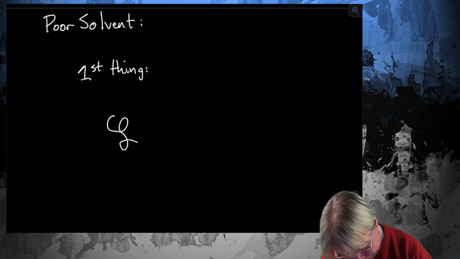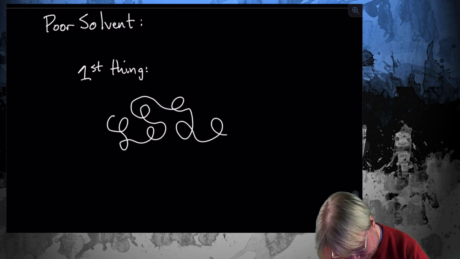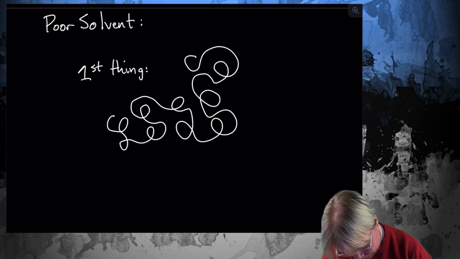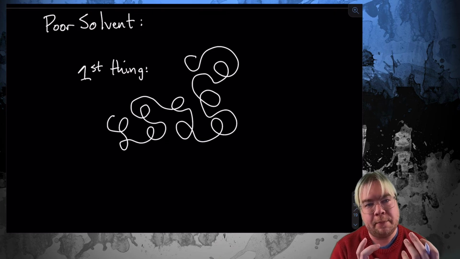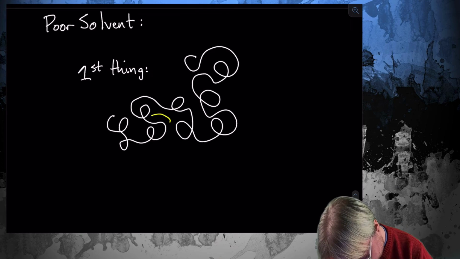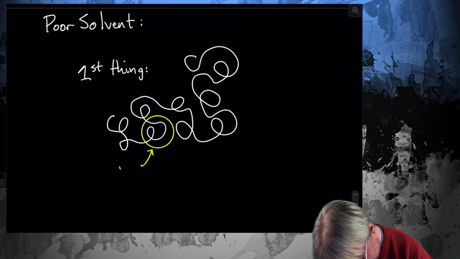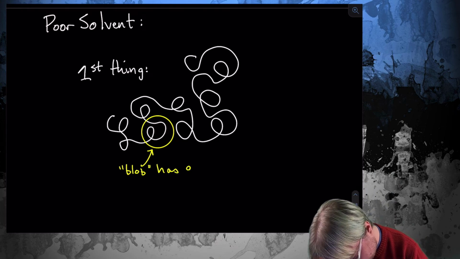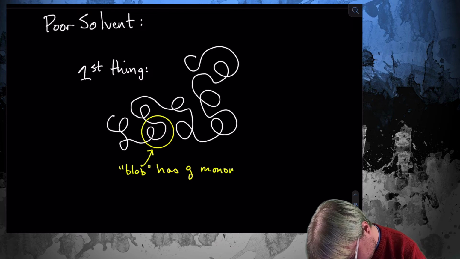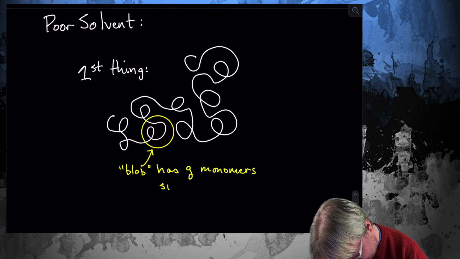So here's my polymer chain. They tend to always look the same when I draw them. And remember, polymer chain is self-similar. So I'm going to break it up into blobs. So here's the blob. Come on, give me my circle. There we go. Okay. All right, so each blob is going to have g monomers, and it will have a size